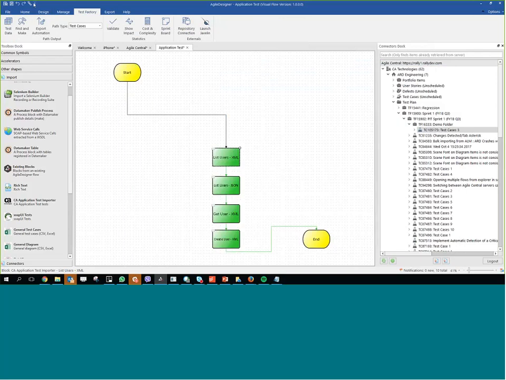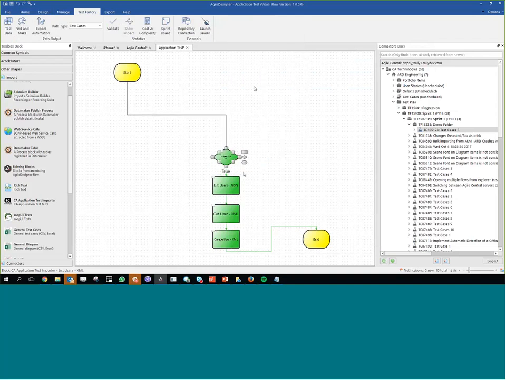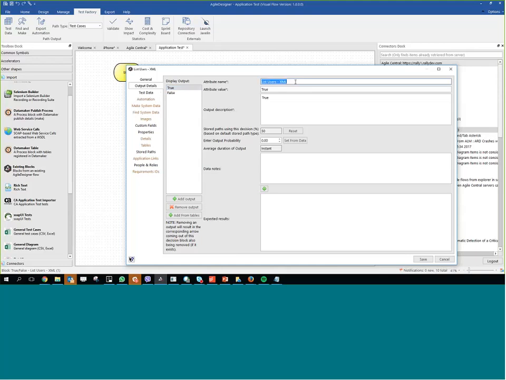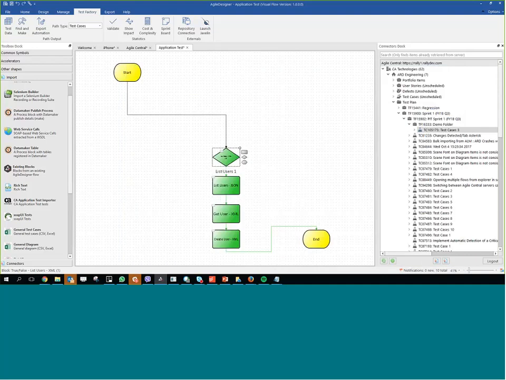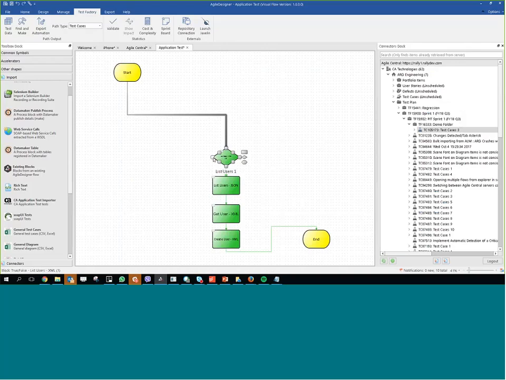That's great. So if, for example, let's take data combinations as an example. If I convert this to a decision block, I'll say, okay, there are many ways I can request users. I can say list users 1, and I'll just say if there's another way to do it, so I'll call that list users 2. That's perfect. And if I just generate, oh, let me just connect that first. So if I connect this in,